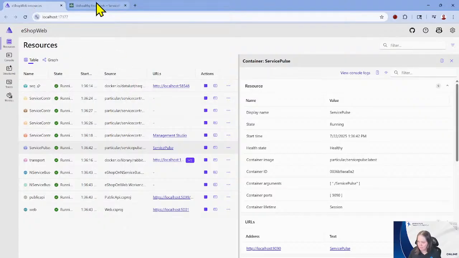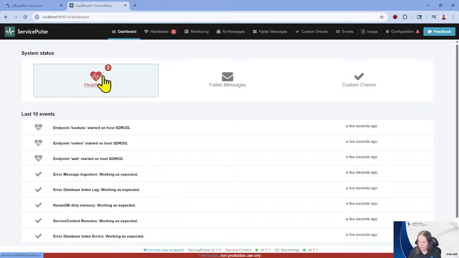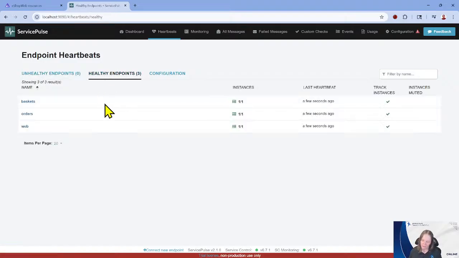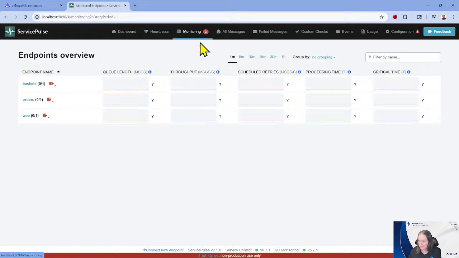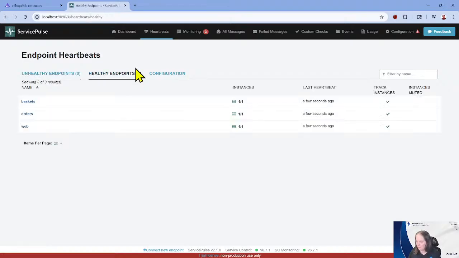Over here, everything looks okay. There's nothing else in here. You see, it'll tell you, hey, you have notification of heartbeat. I check here, notice, no longer unhealthy, you're healthy. So when we're first spinning up, if ServicePulse comes up or they're ready to go, they start unhealthy. It's okay, don't panic, that's expected. All right, these endpoint heartbeats will keep track of everything that's going there. We're not going to look into monitoring much other than it's going to say, hey, I'm picking up these things. I'm not going to look into the details of monitoring, but just so you can see that the heartbeats do come up just fine.